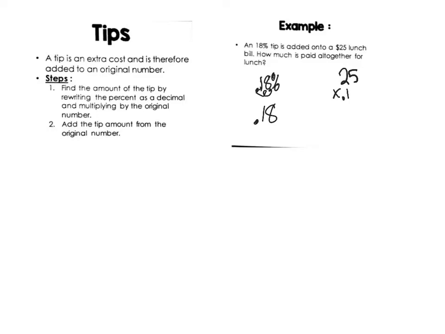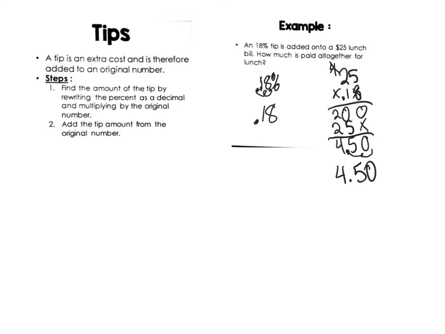Times 0.18. 8 times 5 is 40, carry the 4. 8 times 2 is 16, plus 4 is 20. We're done with the first set of numbers. Add an x for place value. 1 times 5 is 5. 1 times 2 is 2. We add it all up. We get 450. Now, we have to remember, there's two decimals, so I have to move the decimal place 2 places